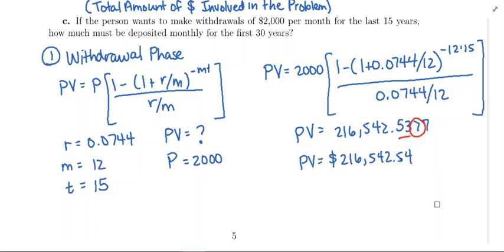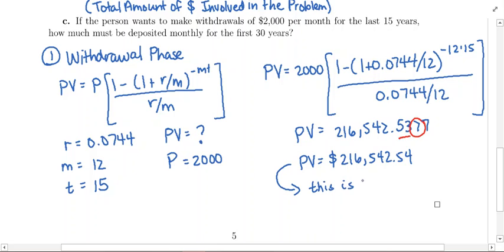Anyway, what does this mean? This was calculated from the withdrawal phase. This is the present value of the account. So what this means is, we calculated this number with what information in mind? That the person is going to want to be able to take out $2,000 every month during the last 15 years. So in order to be able to take out $2,000 every month for 15 years, this is the amount of money